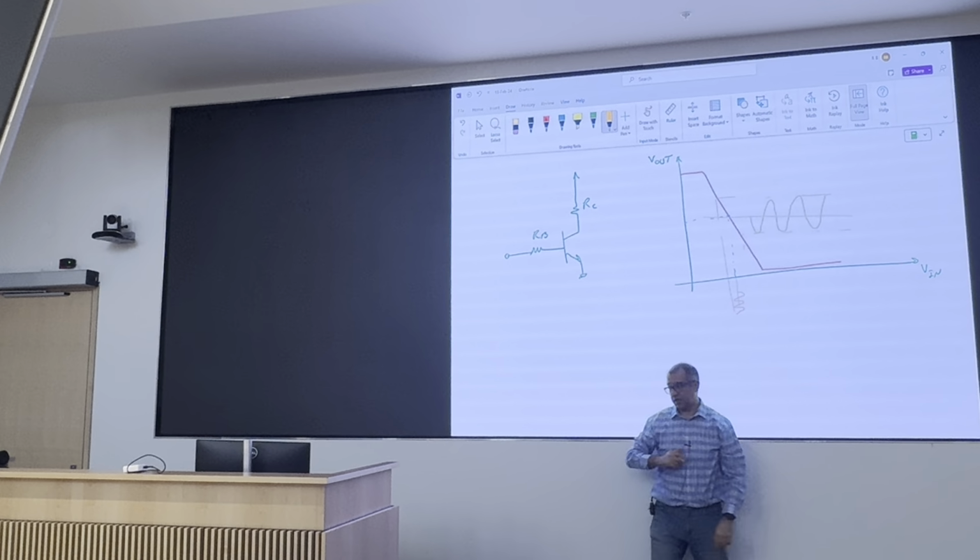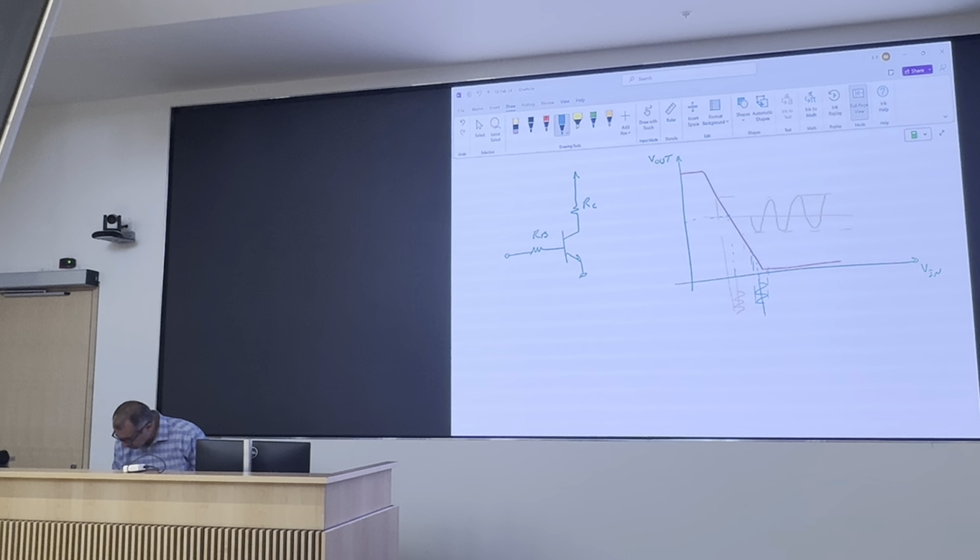But where does this small change go? If you have that change at the input, map it onto this graph. You have the baseline here, your output goes down,